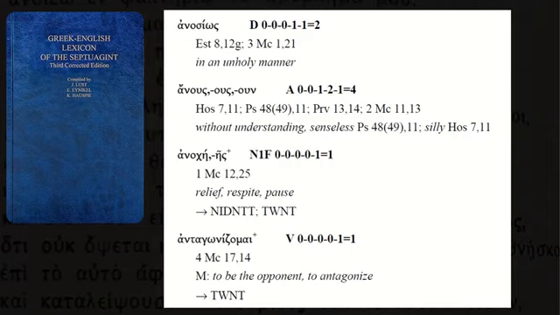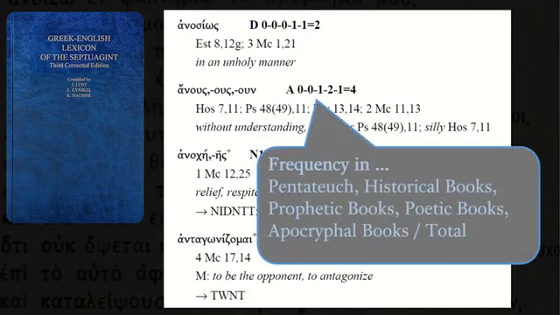And so here is our entry for anous there, and they provide some statistical information that you probably don't need if you have Bible software. But here at the top, A means adjective, and then the 00121, you have 5 numbers in a row separated by hyphens. Each of those 5 corresponds to the frequency of this word in 5 different corpora. The first one being the Pentateuch, so that would be the first number, the 0 here. The second one, so the second 0, would be from the historical books like Joshua up through Chronicles.